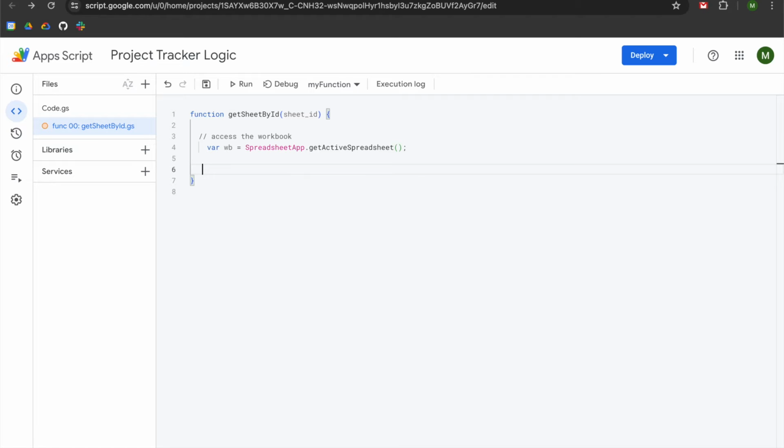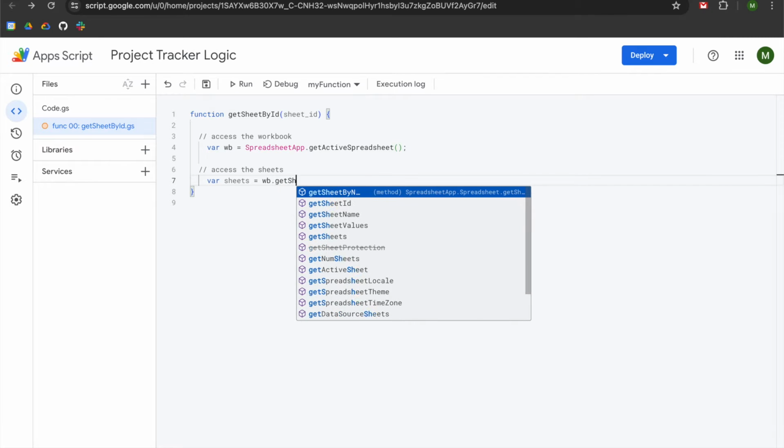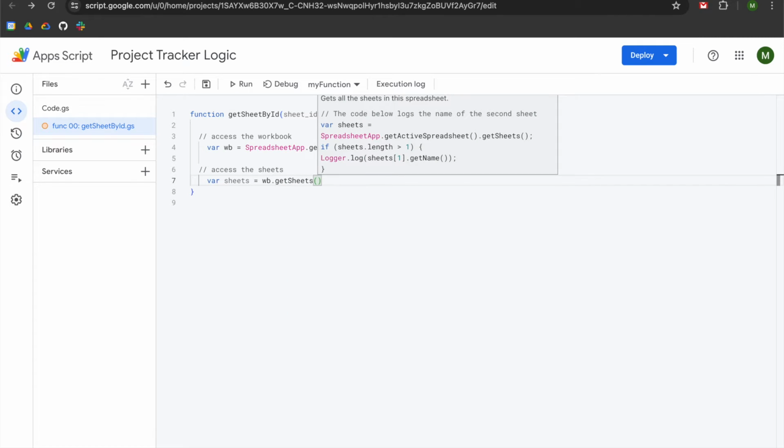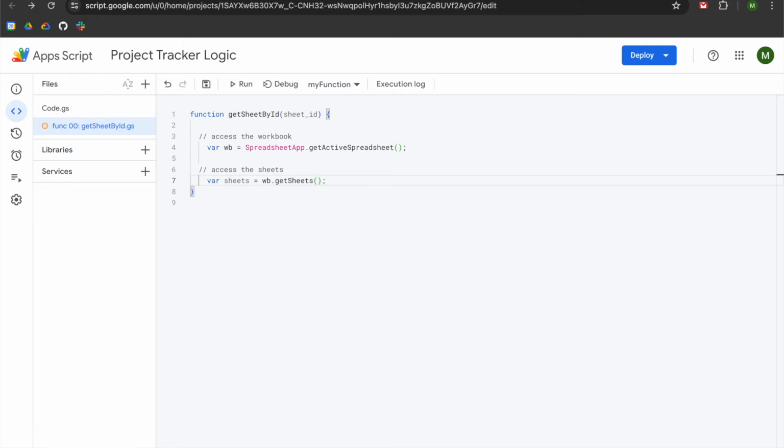We're going to hit enter twice. We're going to hit the left arrow twice, and we're going to add 2 slashes so that we can add another comment called access the sheets. We're going to hit enter, we're going to hit tab, and then we're going to declare another variable called sheets. And we're going to set that equal to wb.getSheets and have an empty parentheses. We're going to add a semicolon, and then we're going to hit enter twice, left arrow twice,